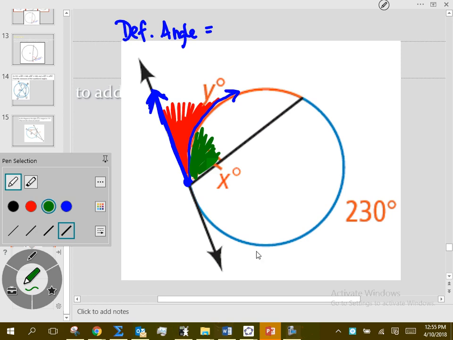Okay. So there is an assignment 12.3. It's going to address these